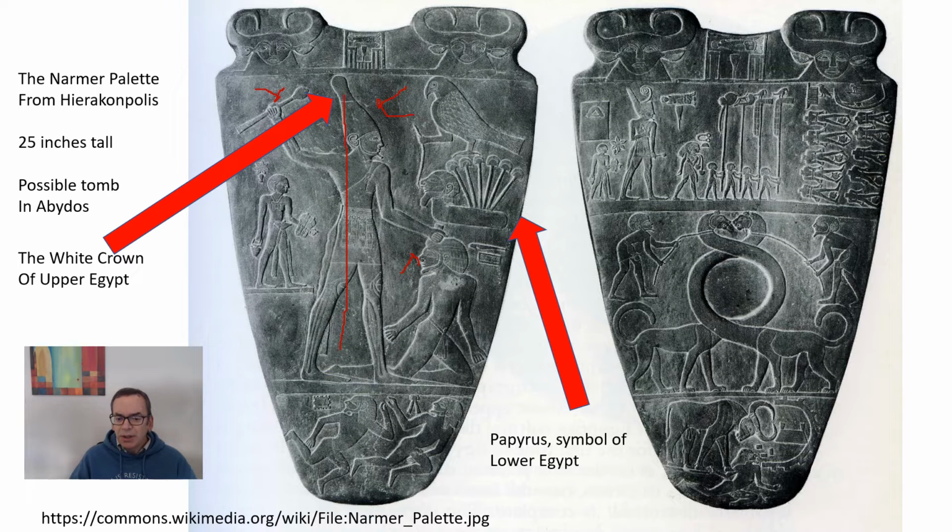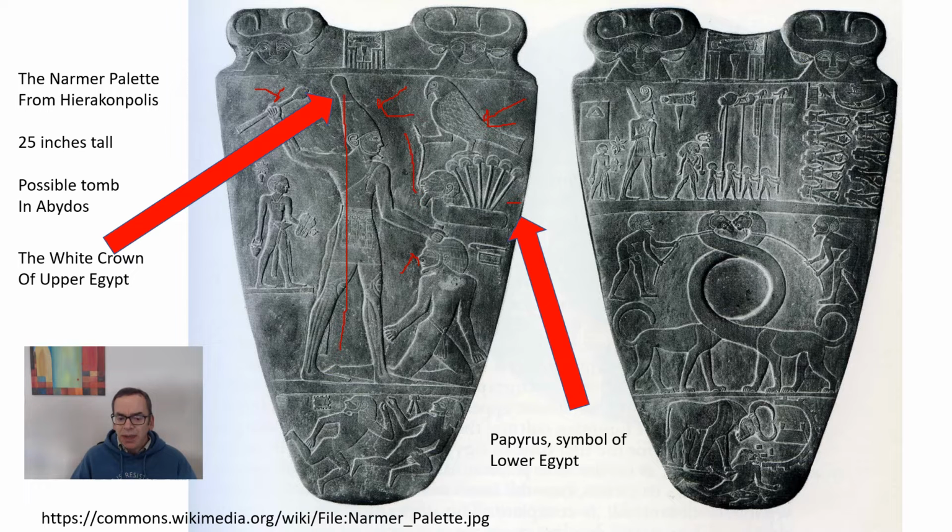But if you look on top of where he's sitting, you have a row of papyrus. And this is the symbol of Lower Egypt, so the northern Egypt. And then you've got the god Horus, the eagle. And what you can see here is Horus has this little hook that's holding on to this guy. And so this is probably representing Pharaoh Narmer, or King Narmer, taking control of Lower Egypt, or the northern part